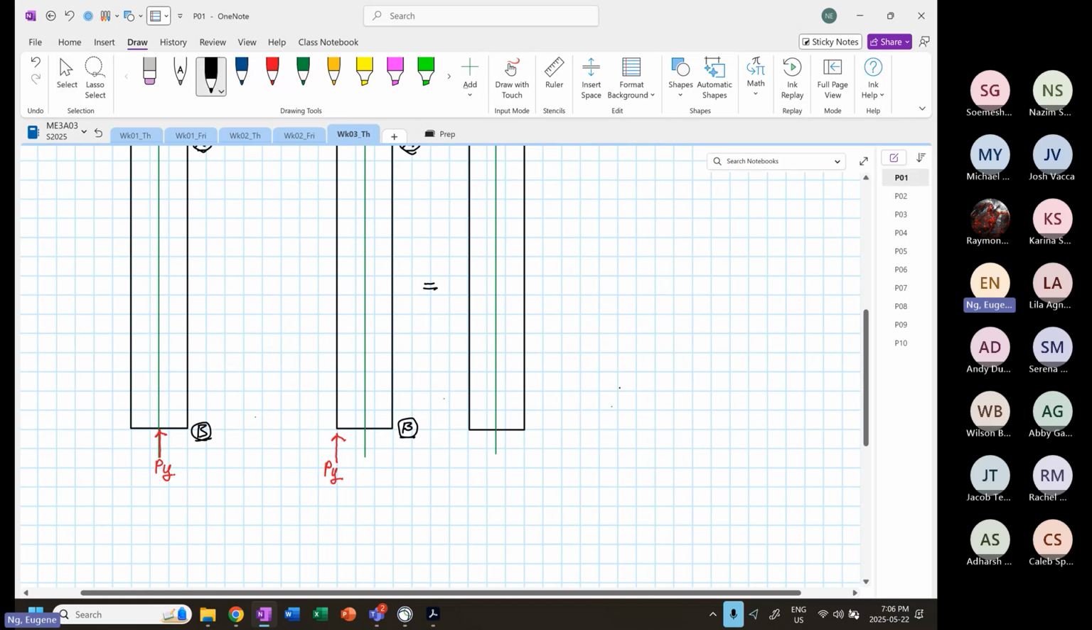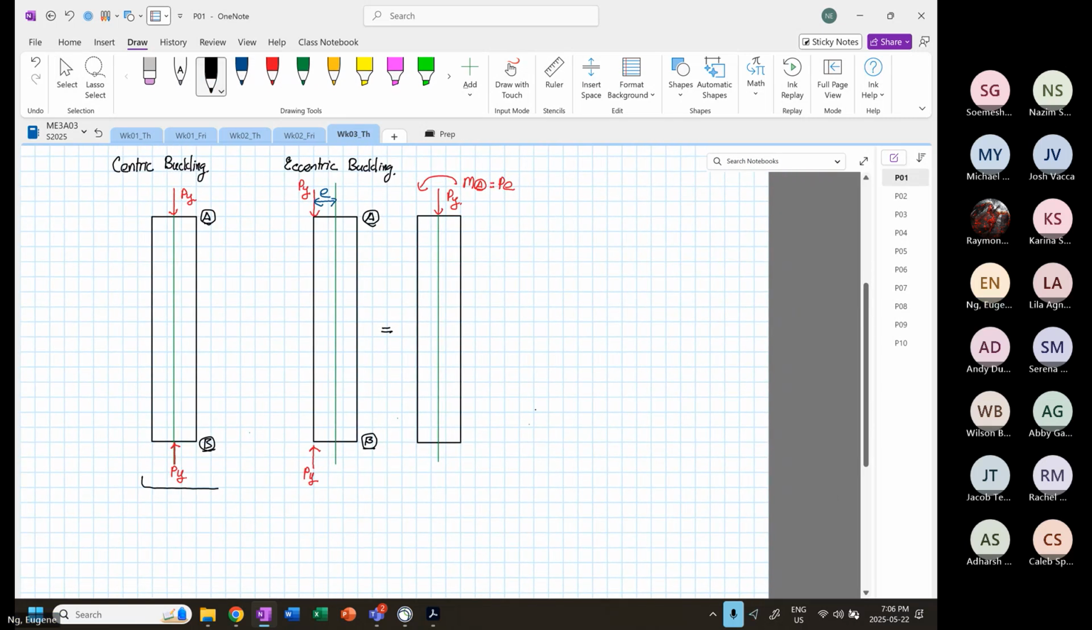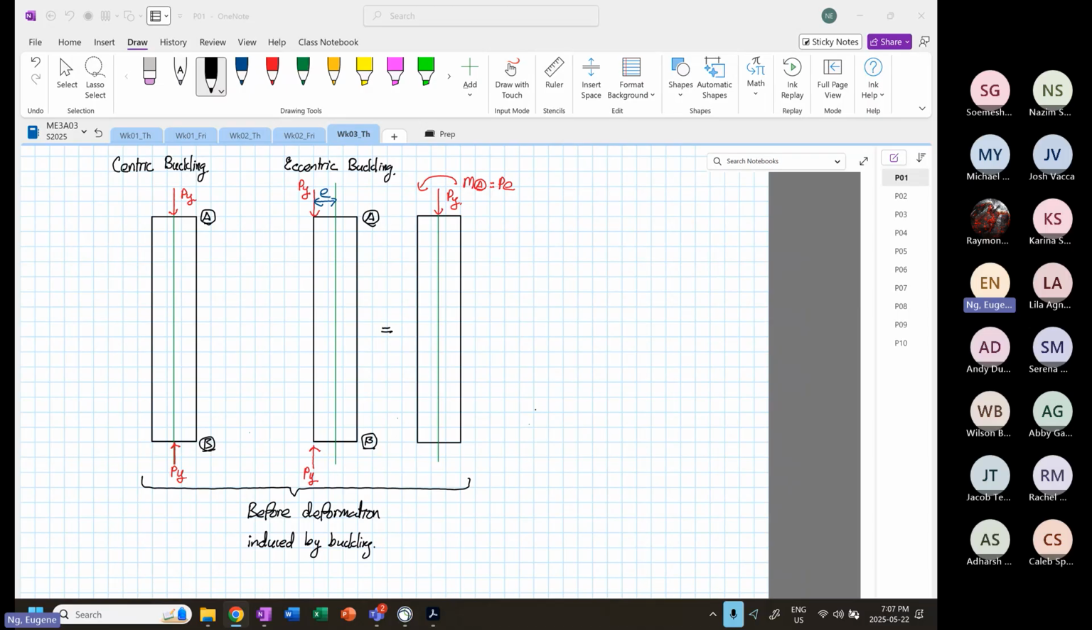So these cases that you see over here, that I've just drawn, are before deformation induced by buckling. There's no deformation yet. You could see that in eccentric buckling you have a moment already. So this is before deformation. Now if we look at during deformation,